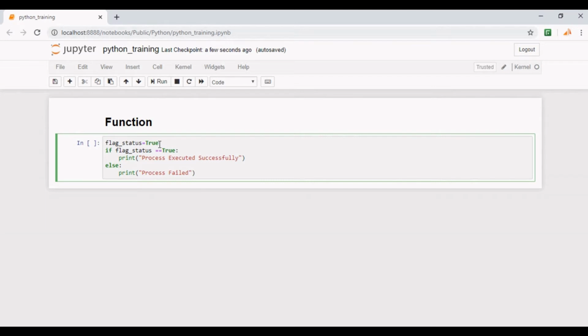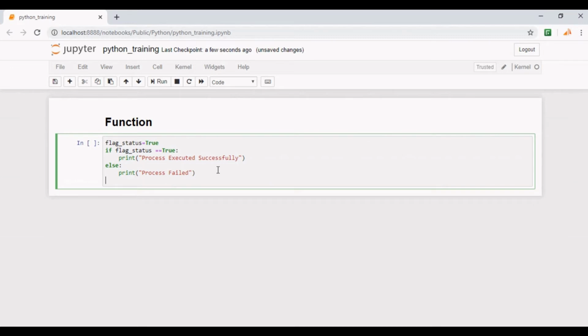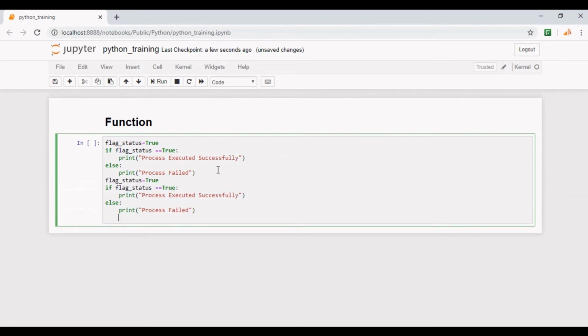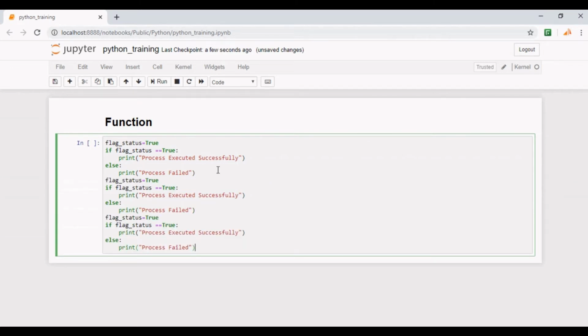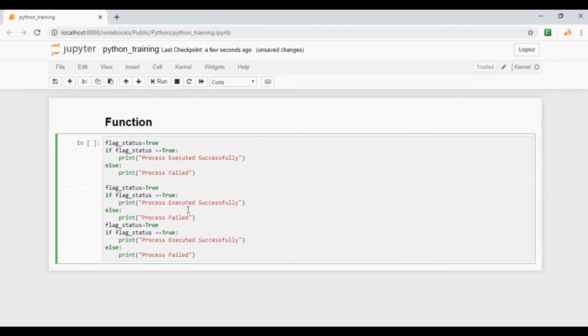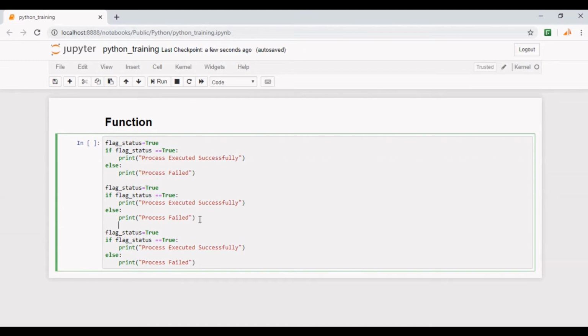Now, if you are using the same logic at multiple places, say at a total of 3 places in this example, let me copy and paste this code twice. And as we have assumed that the value of flag status can change dynamically, it can be anything.